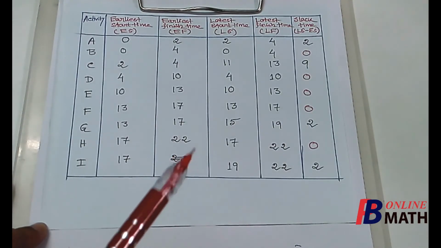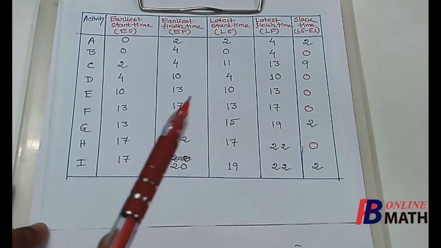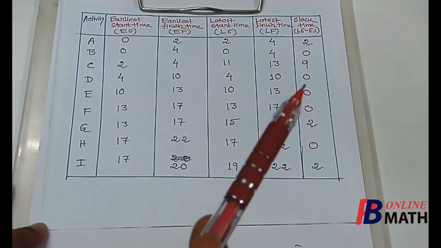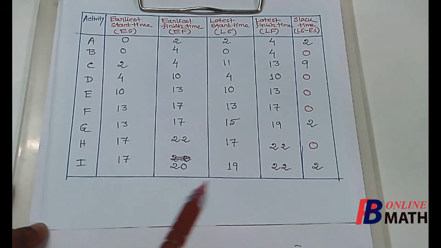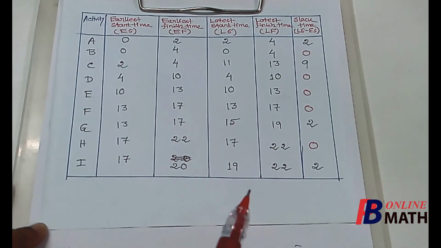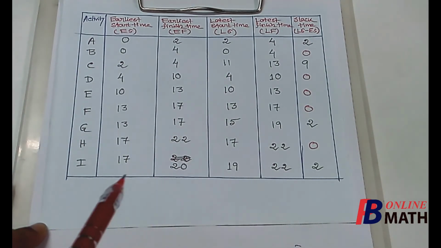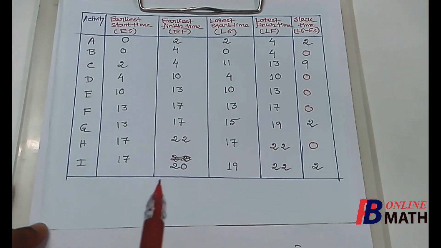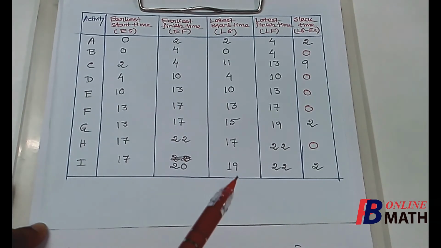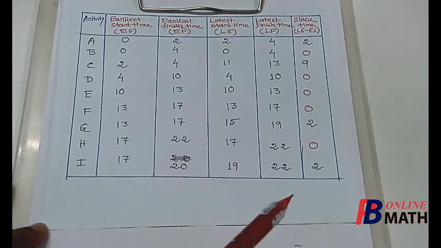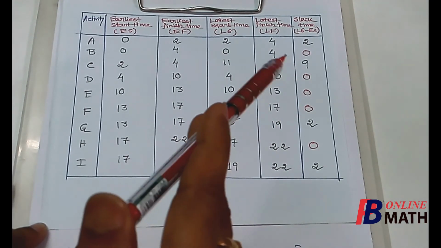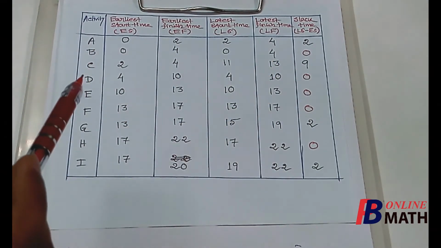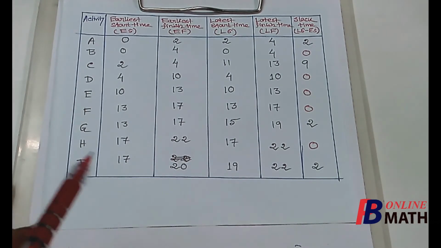Now here we have expressed the earliest start time, earliest finish time, latest start time, latest finish time, and the slack times for the activities in this table. Now all these data are available in the project network, so this table is not mandatory. We have just expressed all this data in this table, and from this table we can find the critical activities. Actually, the activities with 0 slack times are called critical activities. Here we find that the activities B, D, E, F and H are critical activities.